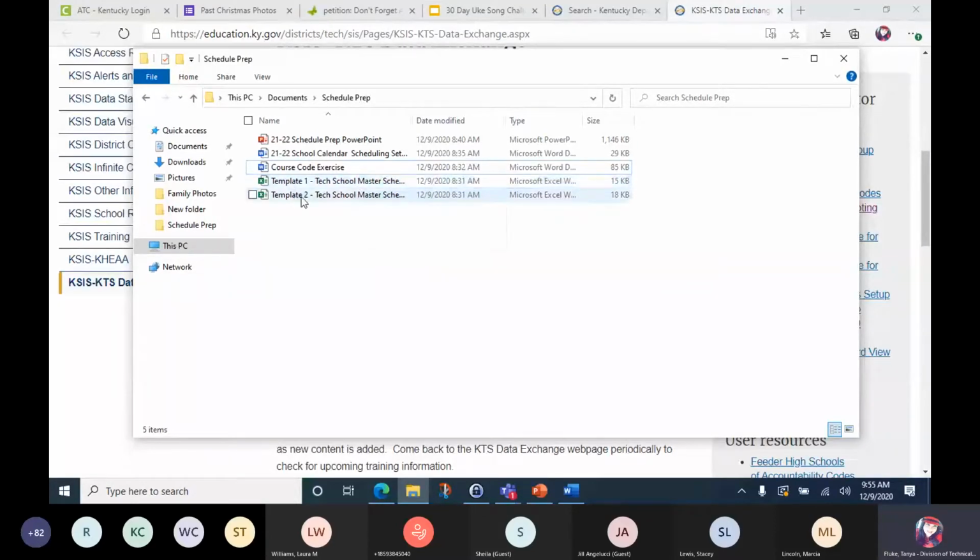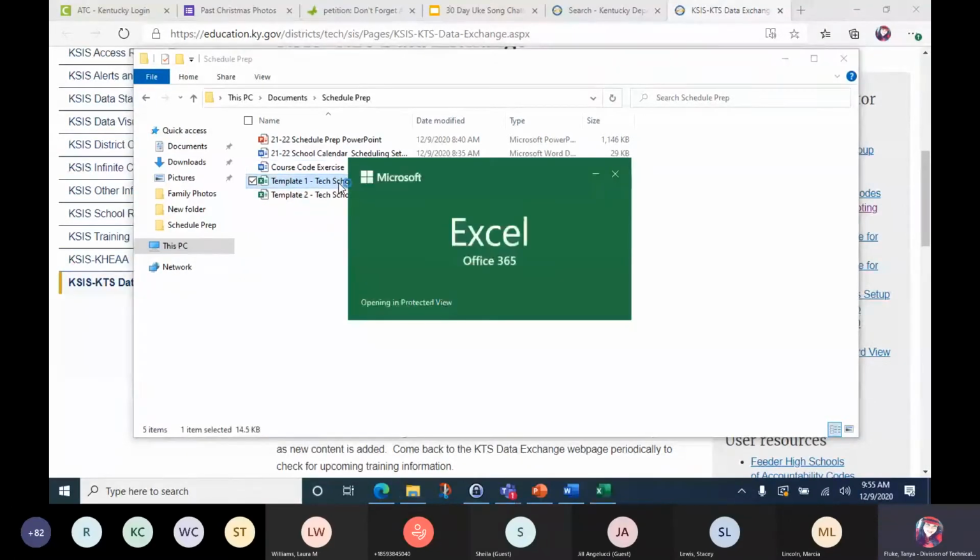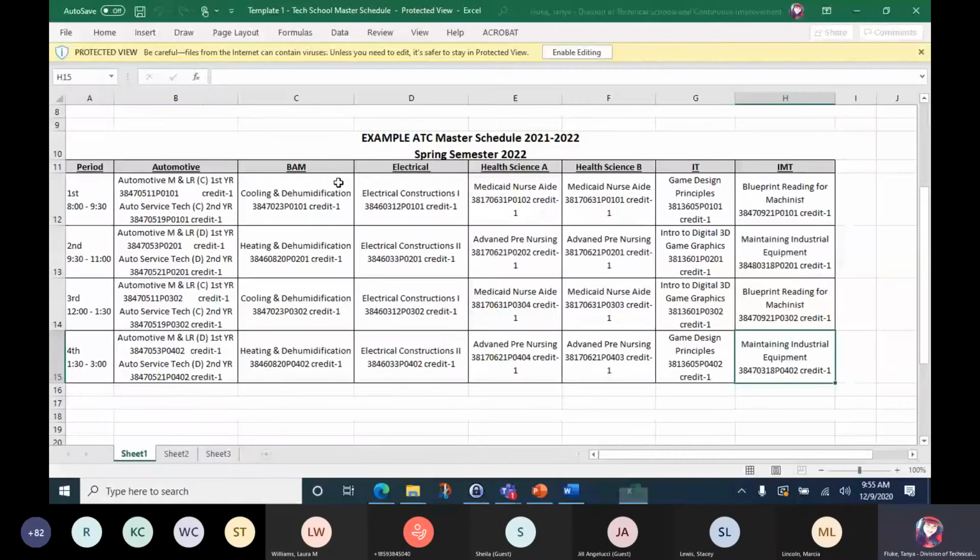If you already have your own template, you can use your own template. That is fine. But these templates are available to you just in case. And I just want to open them up real quick and show you, if you are a technical school and you're creating your master schedule in your database, you can put your master schedule on a template like this, and then provide the 13-digit state course code for your high school people in the template, so they know